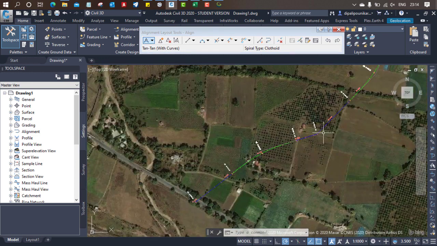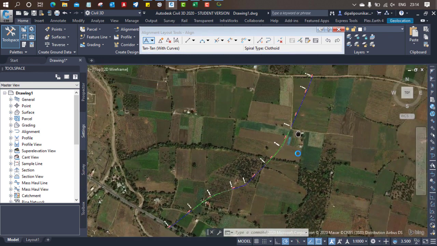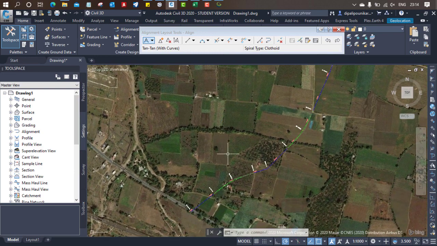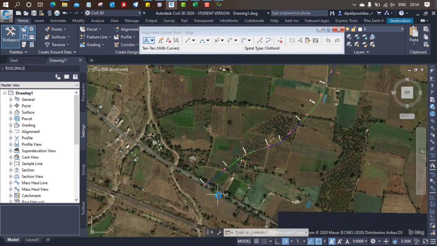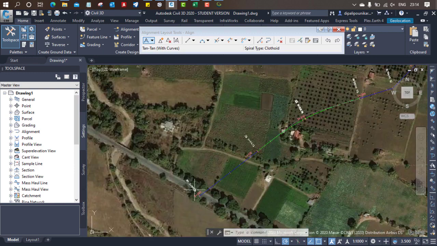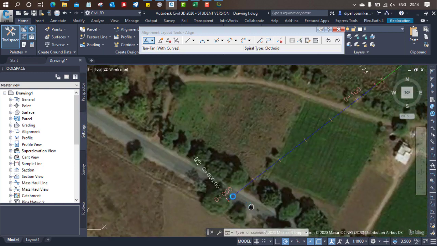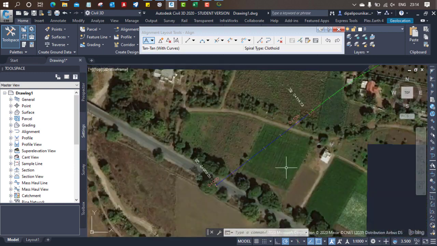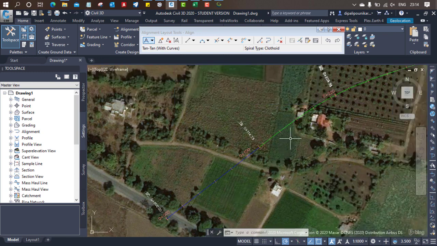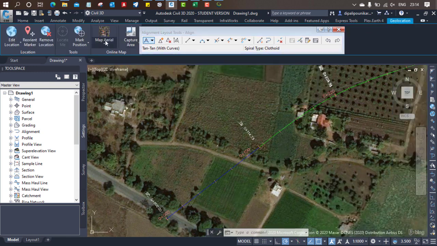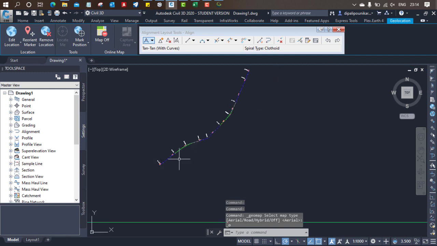But before that, we selected our region properly. Now you might be asking me how you can select this. So before drawing this alignment, you should make sure that you have done one survey and selected this point to draw an alignment. After that, go to the geolocation and you can turn off this map portion.